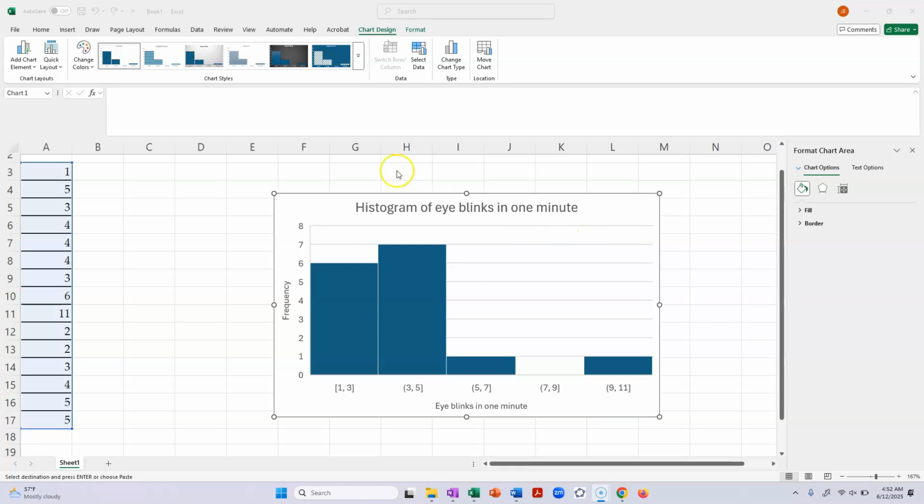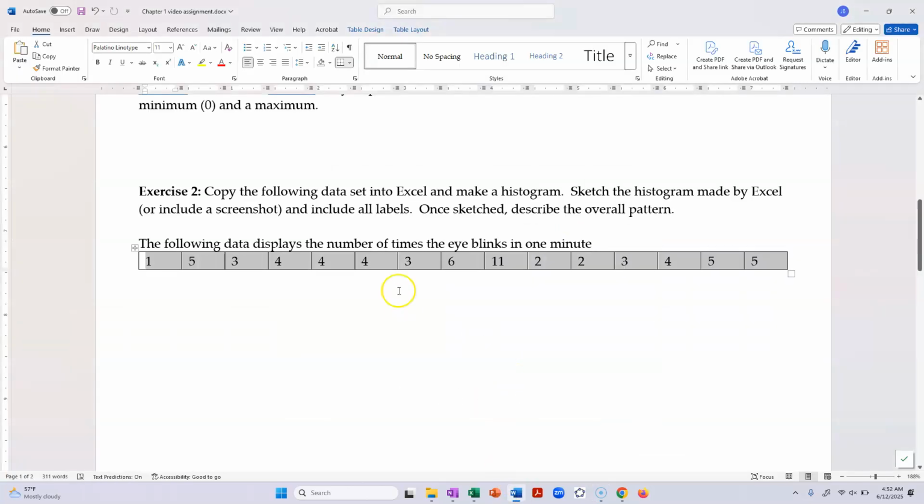Okay, so I think with that we have answered the questions that we need to. So we made a histogram, we sketched it, and described the overall pattern. So we have done that, and we're done with this video assignment. All right,